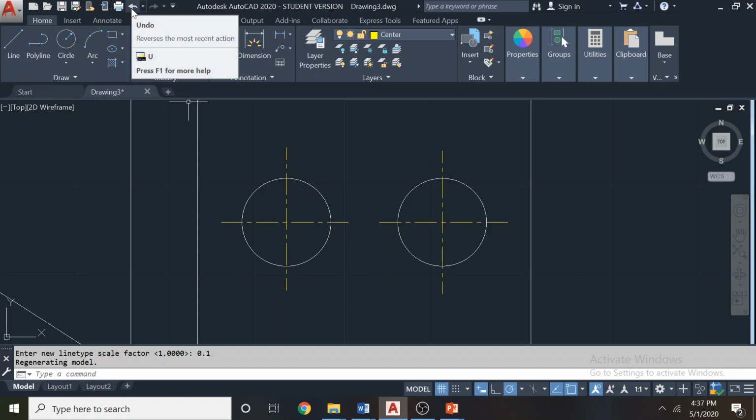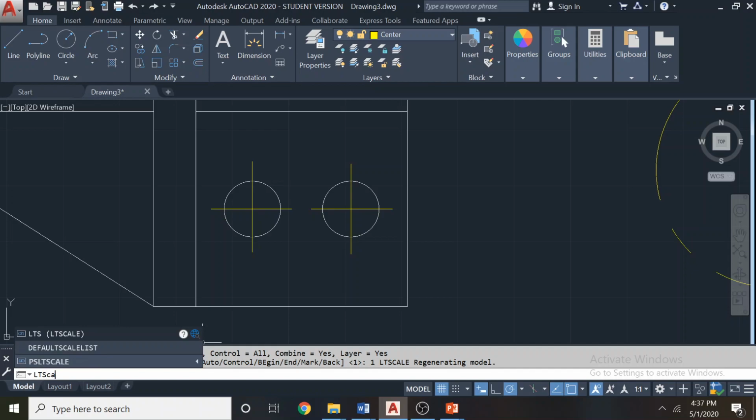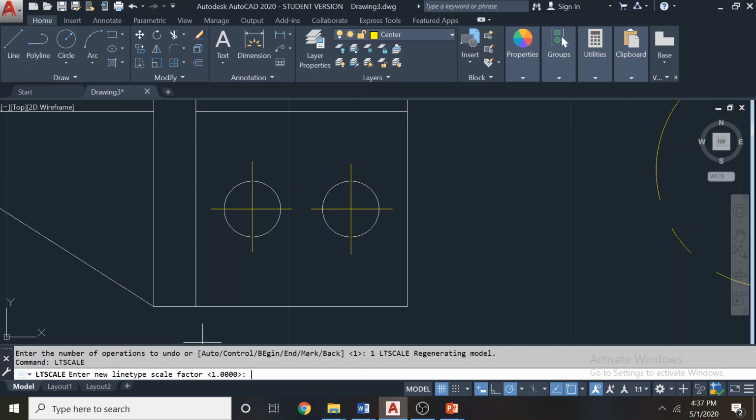Always press Ctrl Z or use the undo button and take the original zoom in level again and rerun the command. Remember to undo the previous value if you want to apply a new value. So this new value will be 0.25. Now this is my new value, 0.25.